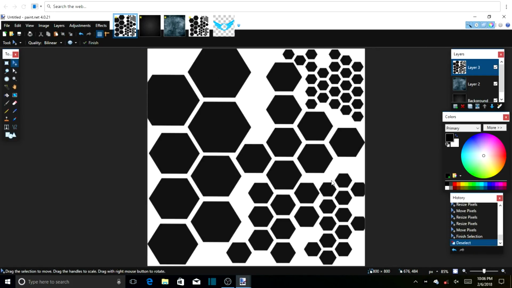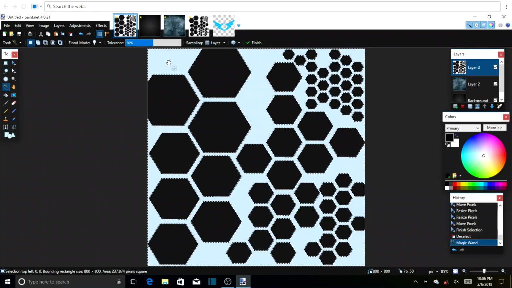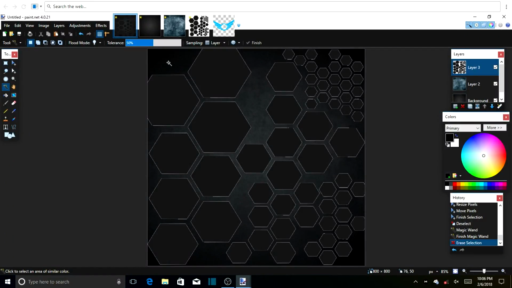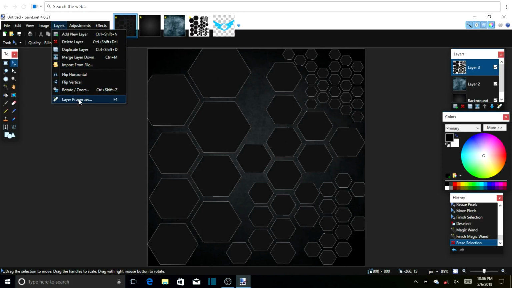Hit enter to deselect, and in order to get this white background out of here, you have to come to this little tool bar and hit the little magic wand and click on the white background. So now that we have that, you should have a delete button on your keyboard, and just hit delete and the background will disappear. If you guys don't have a delete button, I know some computers don't, I guess you have to hit backspace, but I just used the delete button. And now we just click on another tool. This should be okay for now, and we go back to layers to adjust the opacity and stuff like that. We go to layers, layer properties,